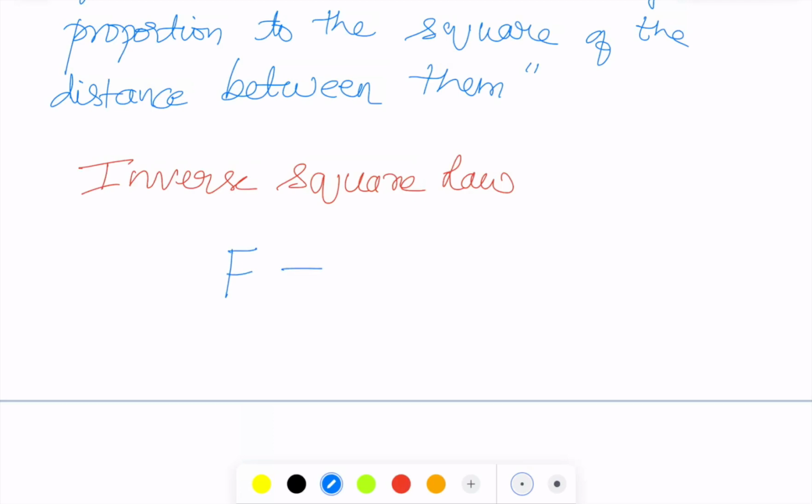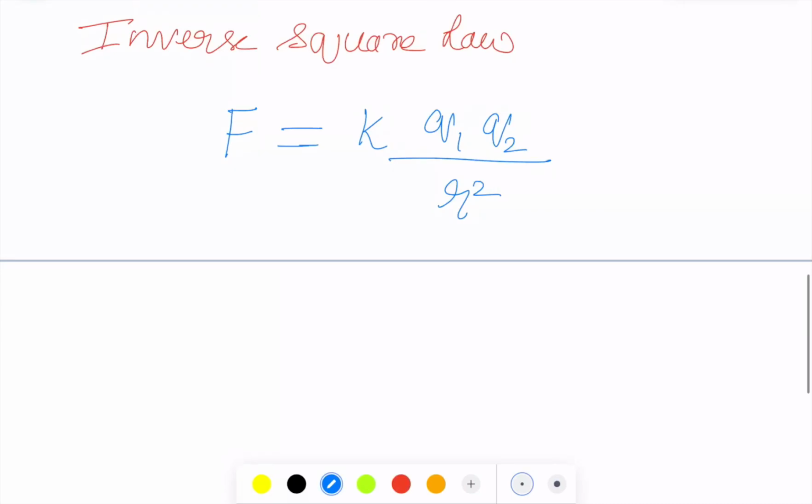In SI units, this force has to be measured in newtons, and charges have to be measured in coulomb, and if R, the distance between the charges, is measured in meters, then the constant K is given by 1 by 4 pi epsilon naught,